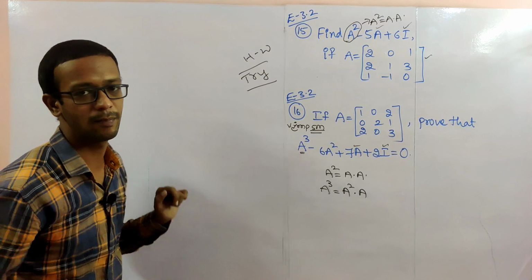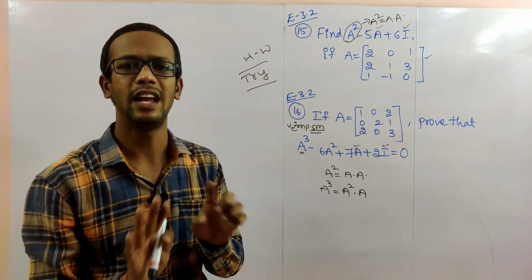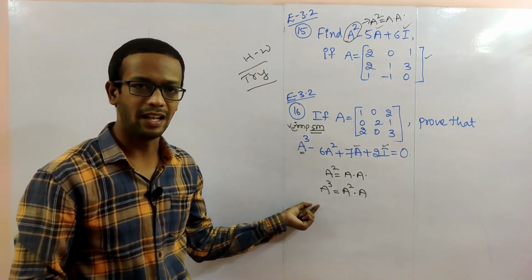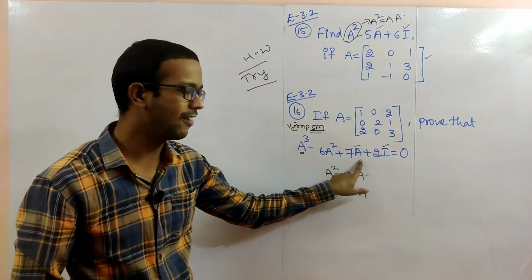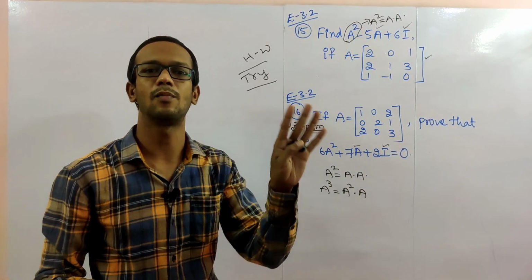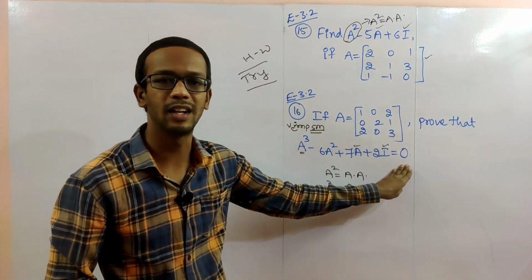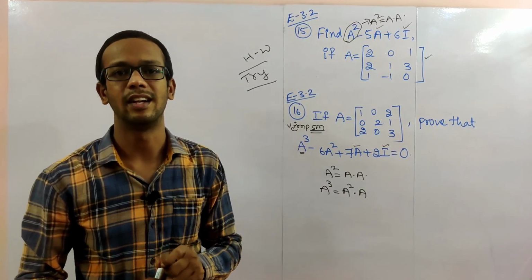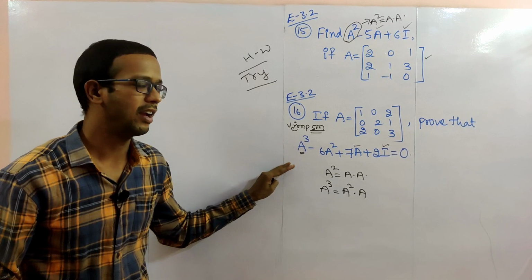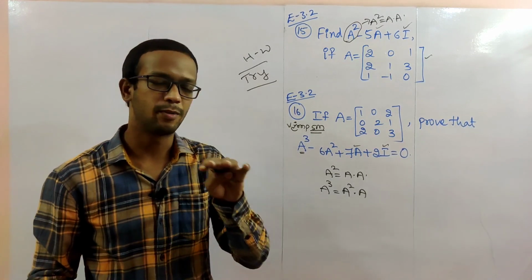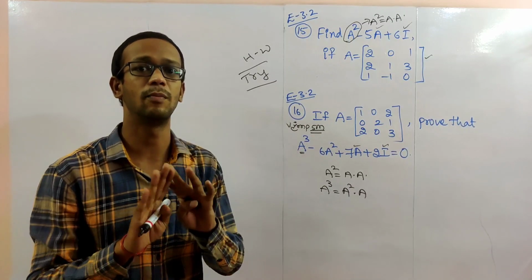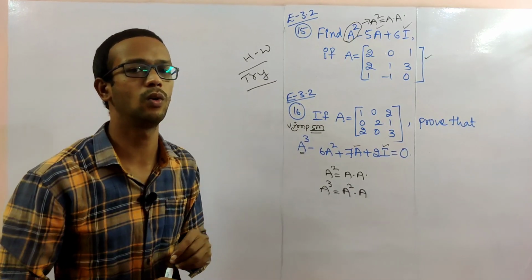Already we discussed this in example 18. Same method, same way, but the numbers are different and the equation is different. So this A cube value, A square value, here the A value, and here the identity matrix, I matrix. Substitute all values in the left side, and you will compulsorily get the O matrix, that is the order 3 zero matrix or null matrix. So the A cube and A square values are in the description box link notes. You can check the A square and A cube values only. Simplification you have to do.